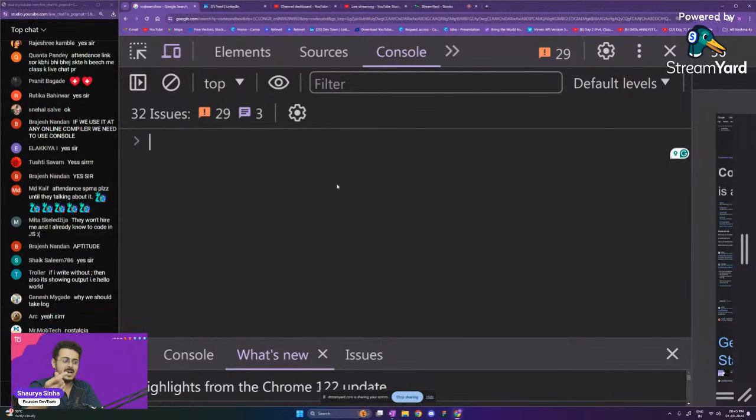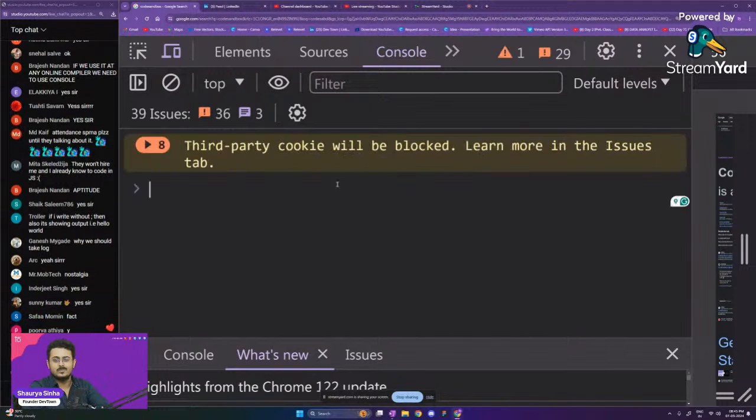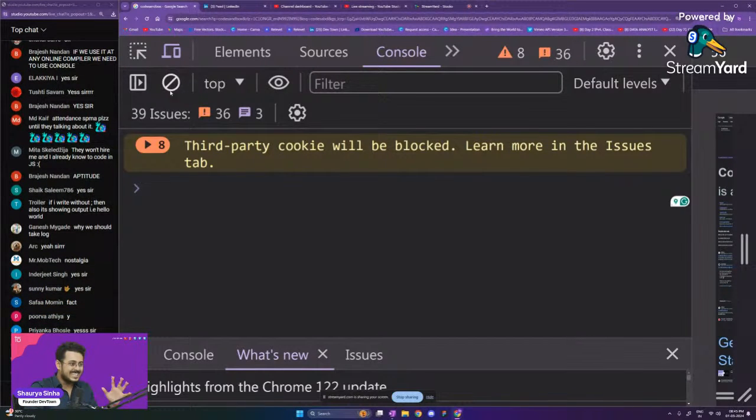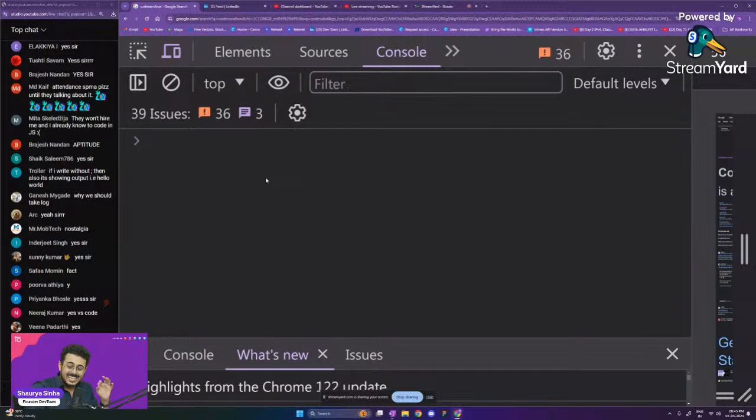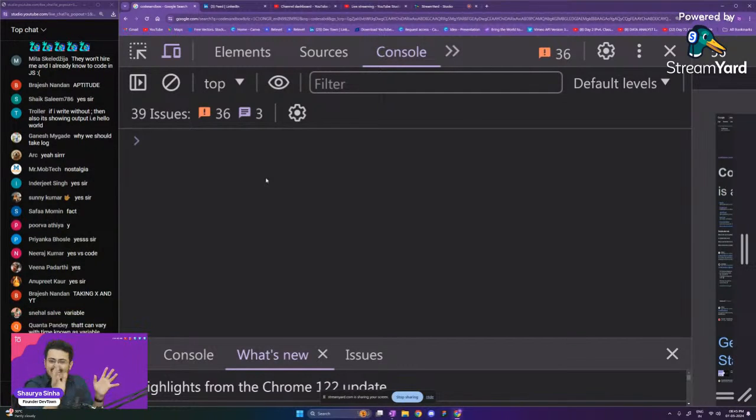In a similar manner, inside of your programming languages as well, you have variables. It is basically like giving a nickname to a particular value. For example, Shaurya Rakesh Sinha. Instead of writing Shaurya Rakesh Sinha every single time you want to mention my name, you can just call me by my nickname.